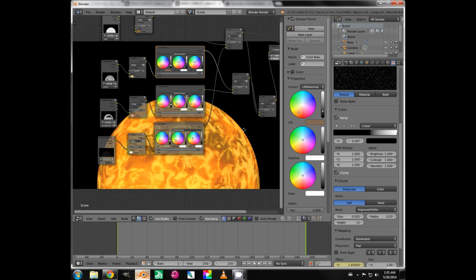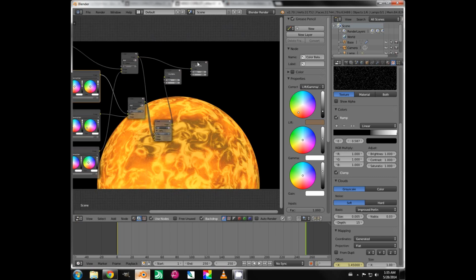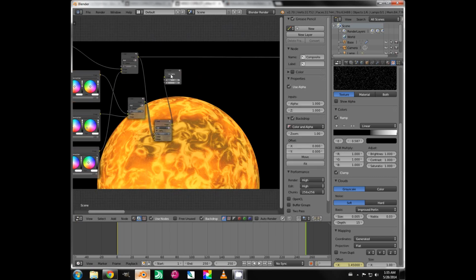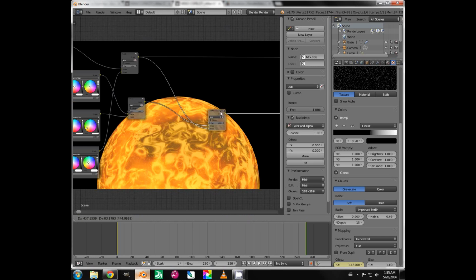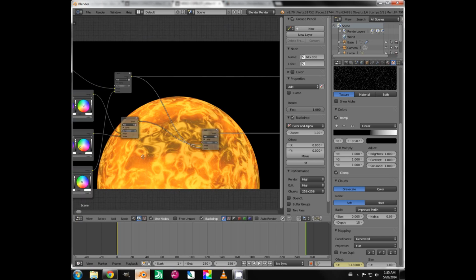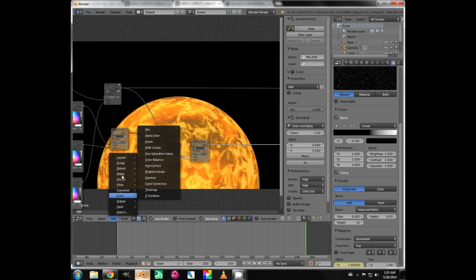So now what I want to do is put in some atmospheric haze along the edges of the sun, so that it kind of blends in and takes out some of that sharp edge. And we're going to do a few little tricks with this. Let's move some of these nodes out of the way so they're not completely distracting everything. And the first thing I'm going to do is add an input